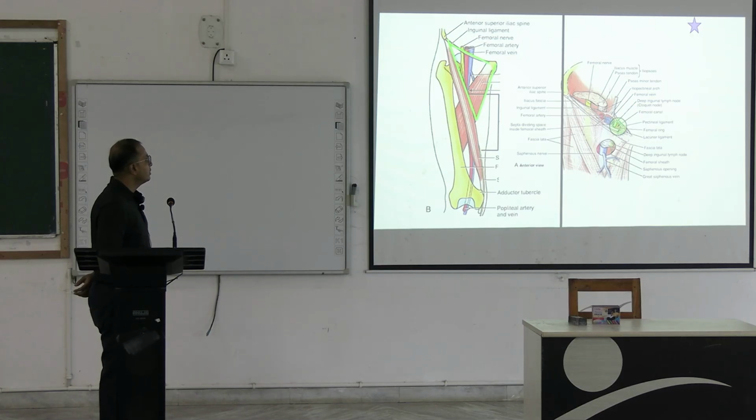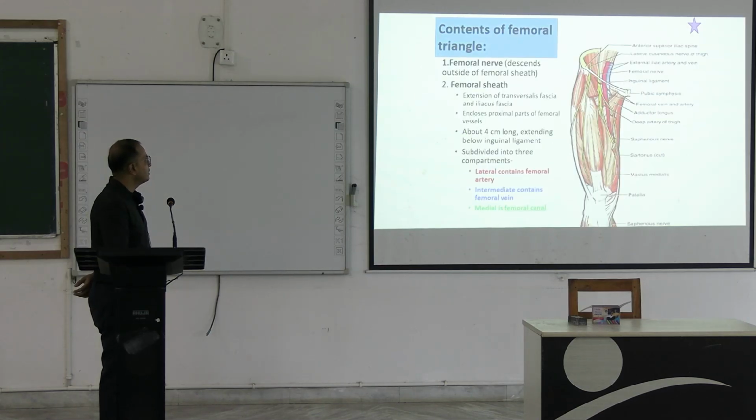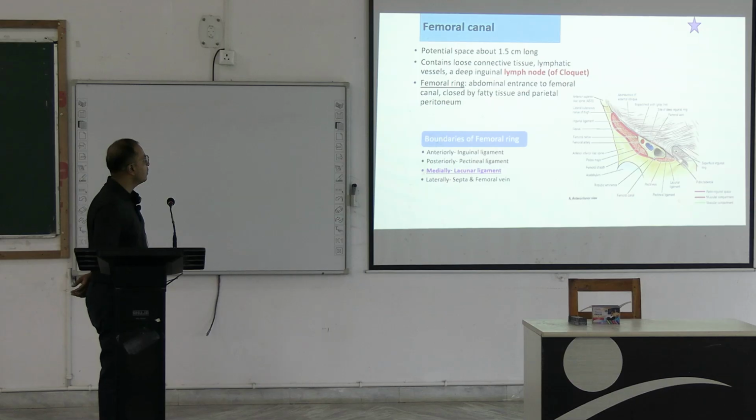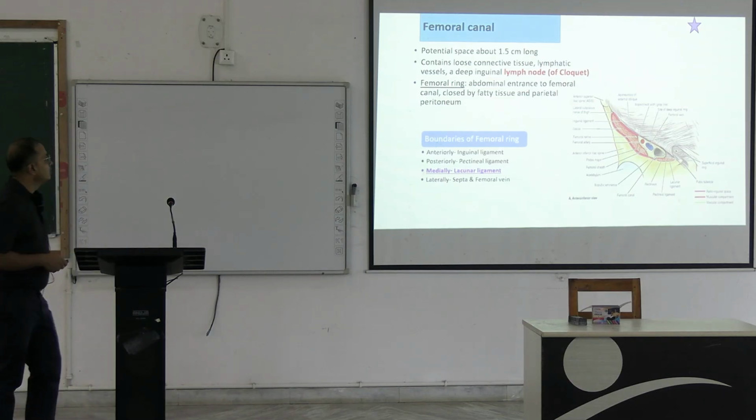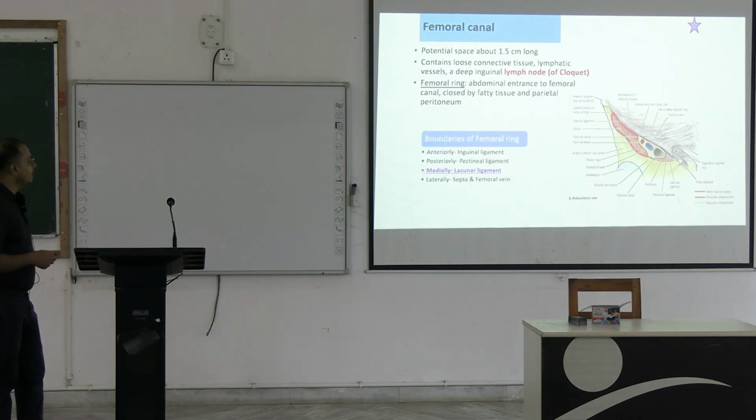Now, the femoral triangle has a special feature which we call the femoral canal, the medial compartment, or medial-most compartment, of the femoral triangle. The femoral canal basically has a communication with the abdominal contents or peritoneum. So you have to know exactly where the femoral canal is, which is present on the medial side of the femoral triangle, and the opening of the femoral canal we call